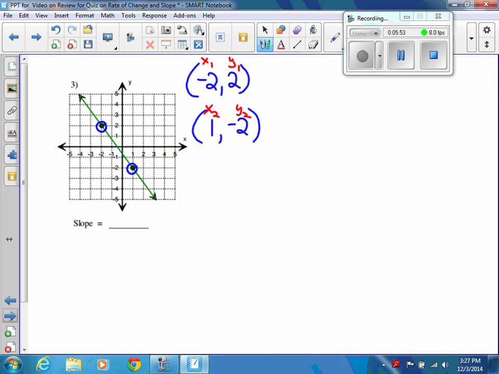However, that's a lot of work to do. So in my opinion, remember I talk about this, if I can find an easy way to do it, I'm going to do it an easy way. So I'm going to go ahead and just use my rise over run, because this is the same thing as my change in y over my change in x. So I'm going to use my rise over run, and I'm going to count from point to point to see